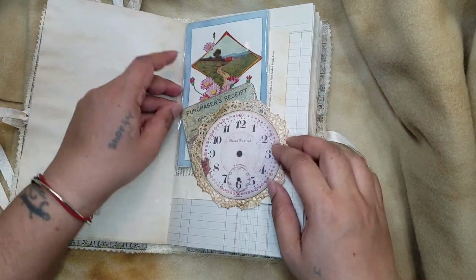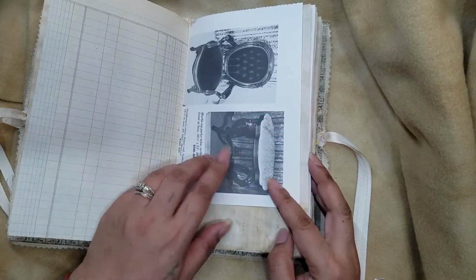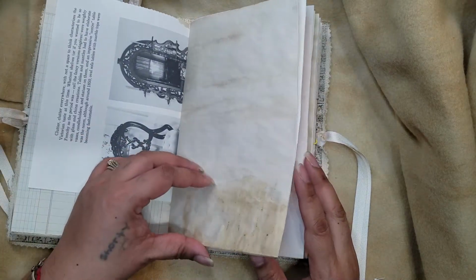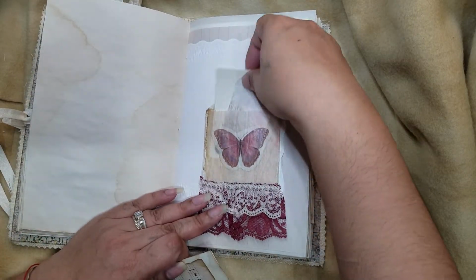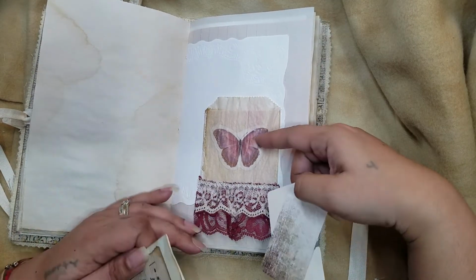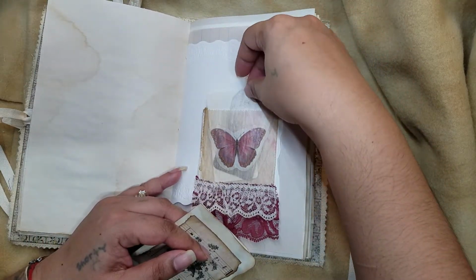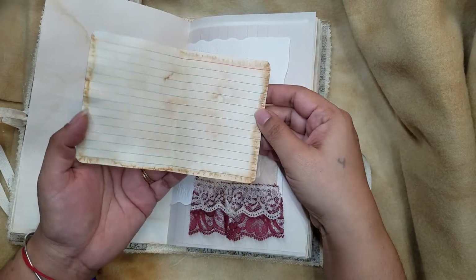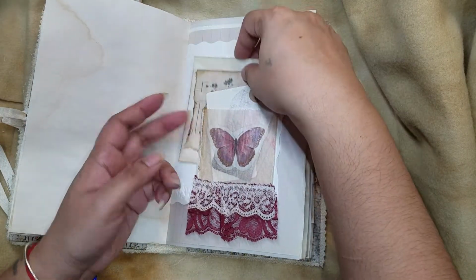You don't have to, but just to protect it, I kept it in there. Some antique furniture. Here's a little something I made with a glassine bag. Put some writing tags in there. And again, this is an index card that I turned into a little